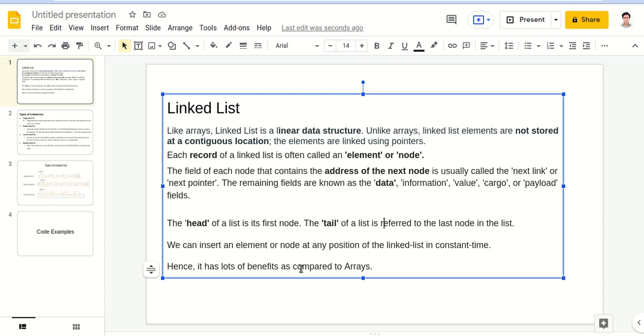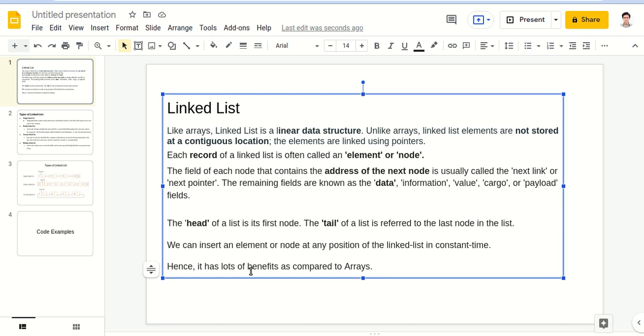Cool. Now, what is the major benefit of linked list over arrays? Because it is not storing things in contiguous locations, while accessing the linked list, time will be slightly more as compared to array, because in array the data is stored in contiguous location.